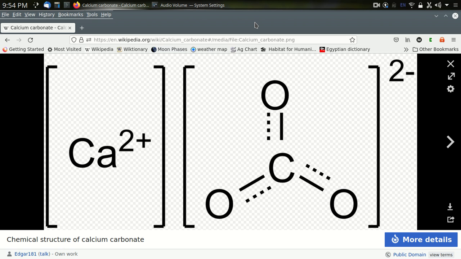There's a very basic problem with this, and that is that calcium carbonate is a salt, which means this calcium is an ion, and this CO3 over here is an ion, and this is an ionic bond that they share. It is not covalent like these oxygens to this carbon. It is ionic, which is why